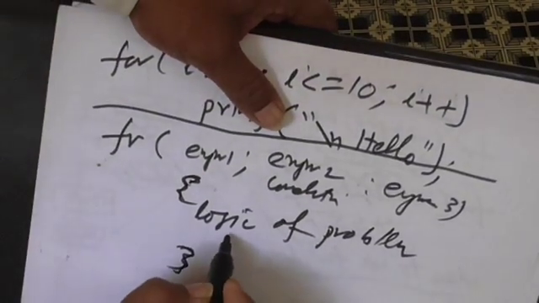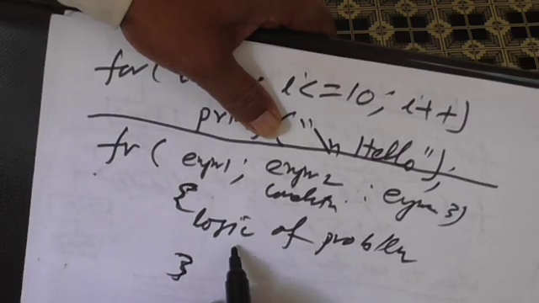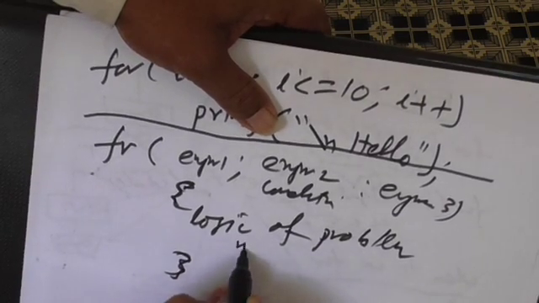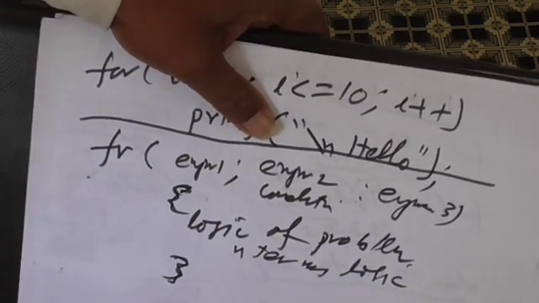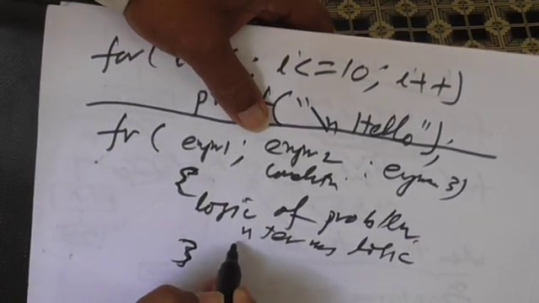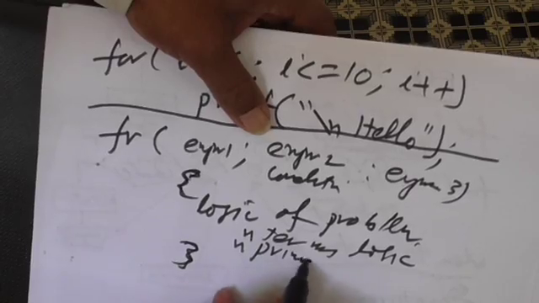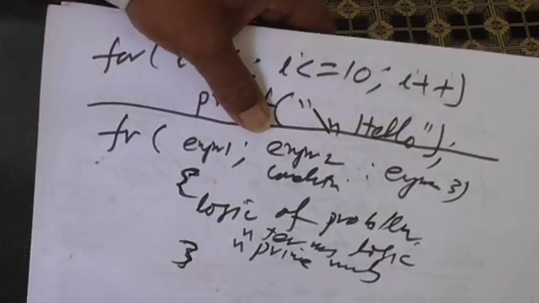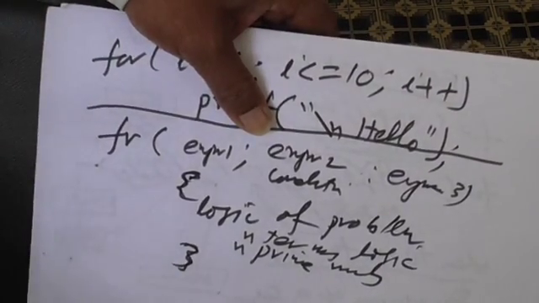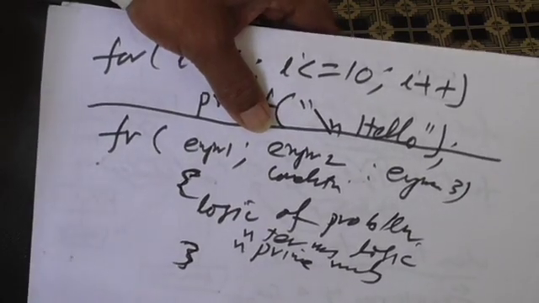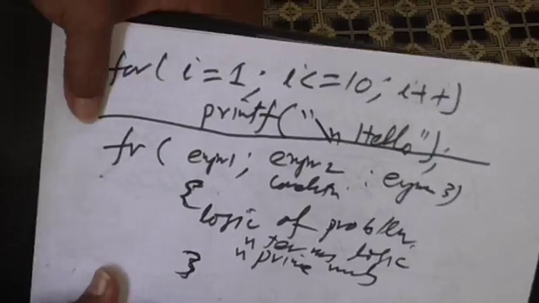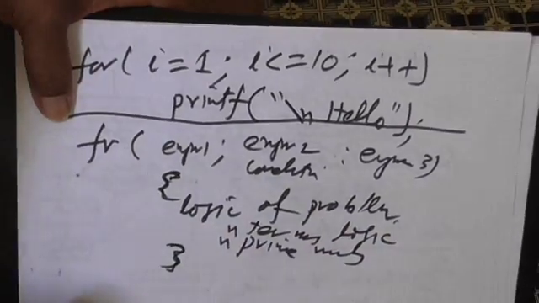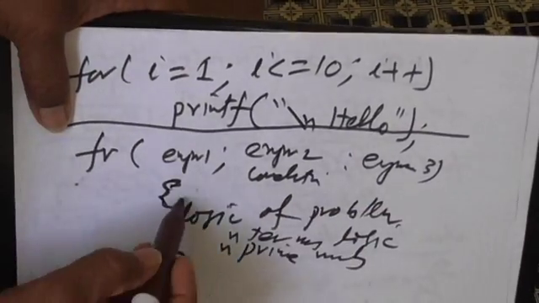If it is finding n terms of a series, you put the n terms logic; if it is n prime numbers, you put that logic. What I mean to say is, you fix up how many times you want to execute, how many terms you want to compute, here, and then